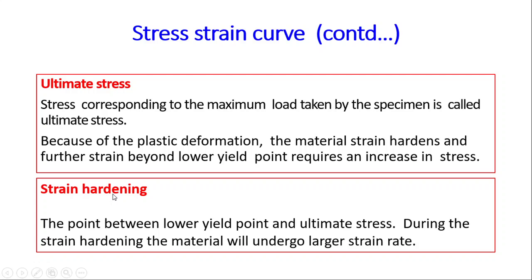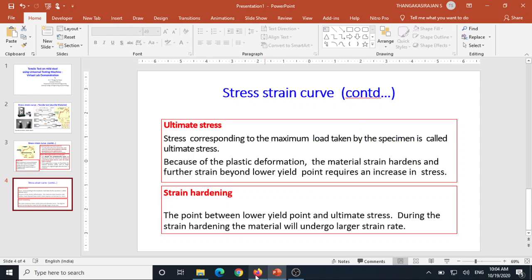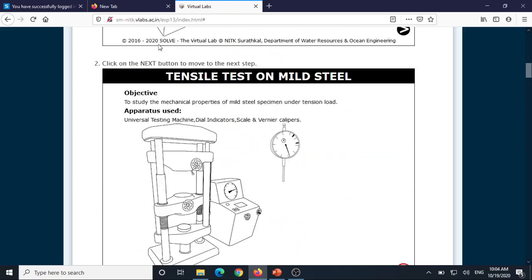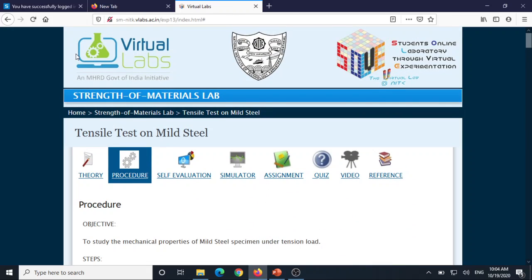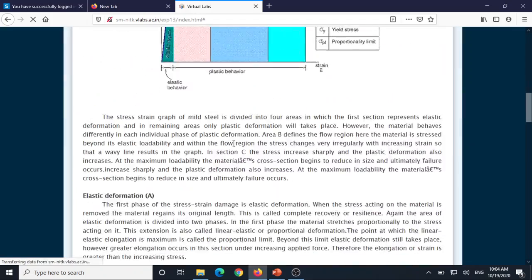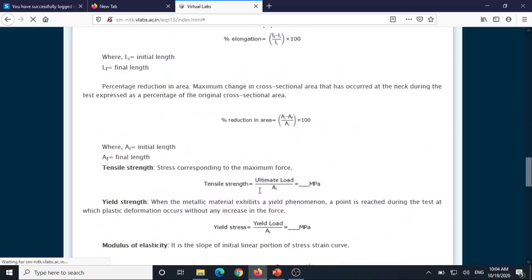Let me go to the experimental part. So just log in on this virtual lab from Surathkal. This is the theory part, which I have already covered. Here we have